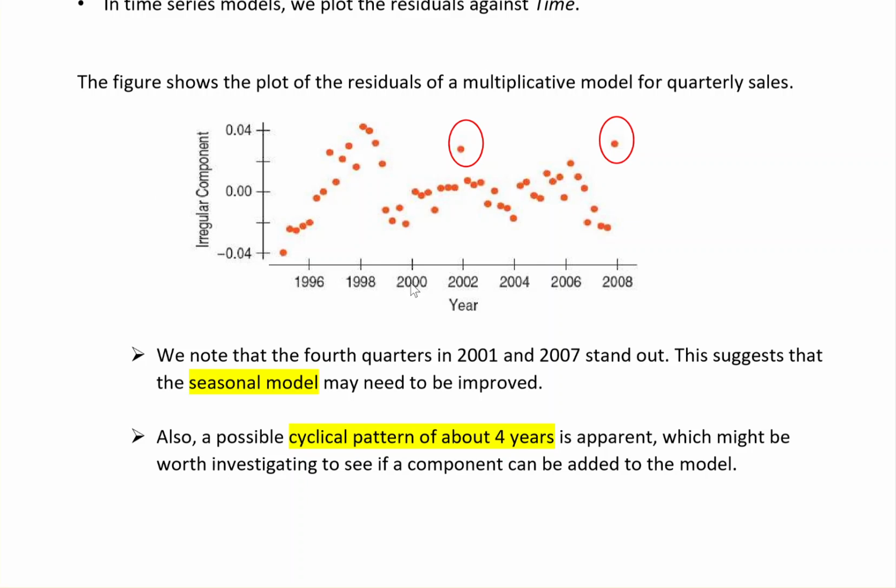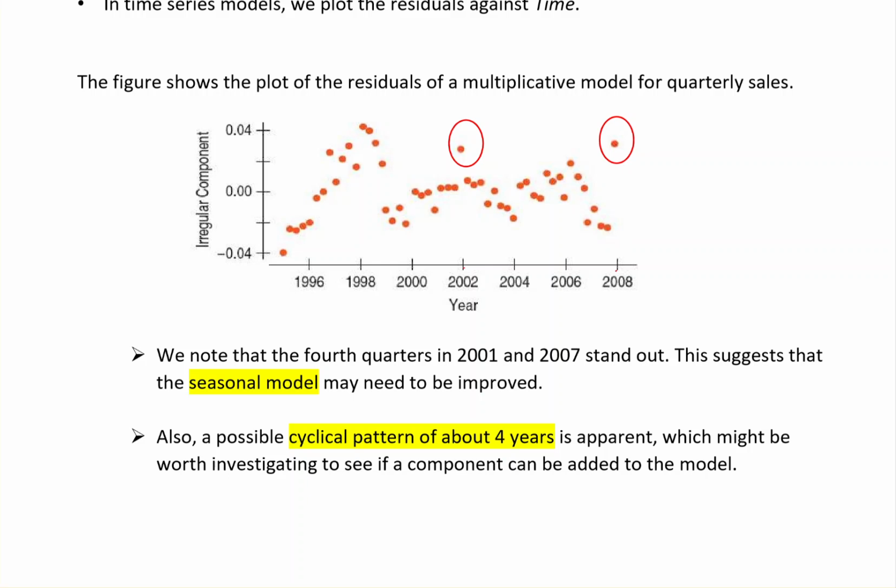You will see something not normal, right? It's not good, because of these two circles, these two outliers. But these two outliers show a pattern, right? So what is the pattern? This point is the end of 2002. This one is the end of 2008, right? So both of these two outliers are about the fourth